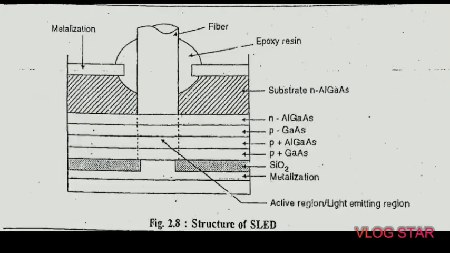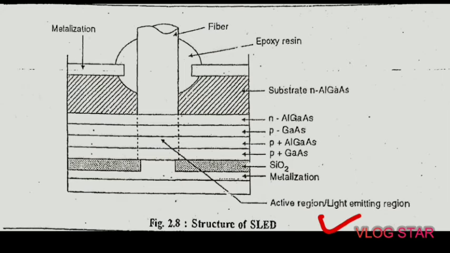Next is the surface emitter LED. In this type of LED, radiance is more improved as compared to the other two, that is the dome LED and planar LED. The total coupled optical power is more, reducing the losses due to the high active region, as was the case for dome LEDs. The structure of the surface emitter LED is as shown in figure 2.8.